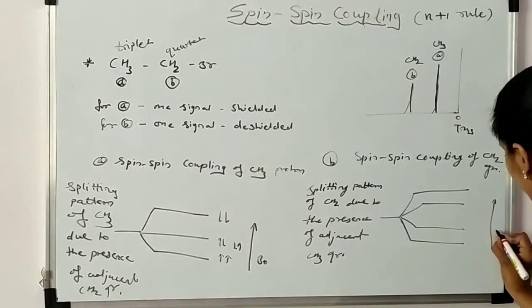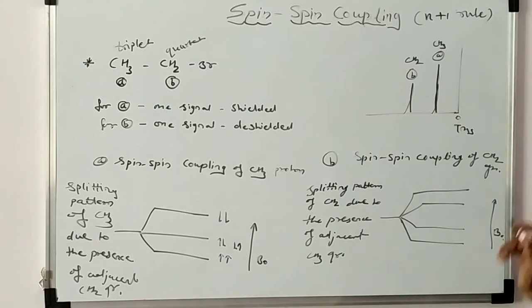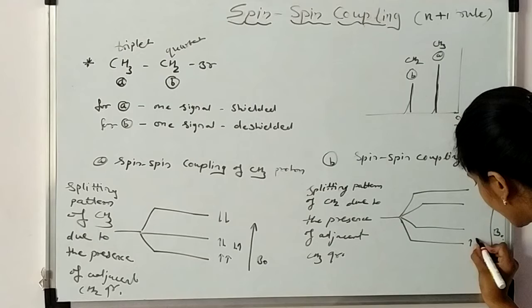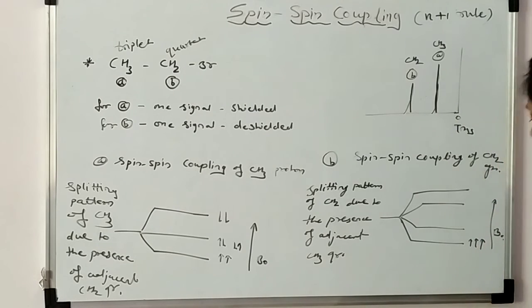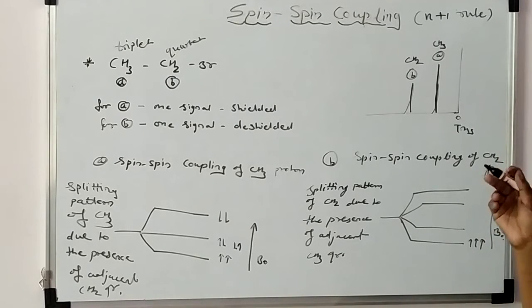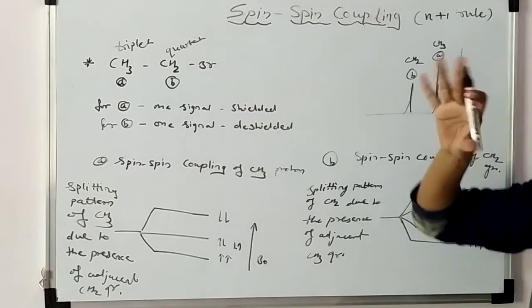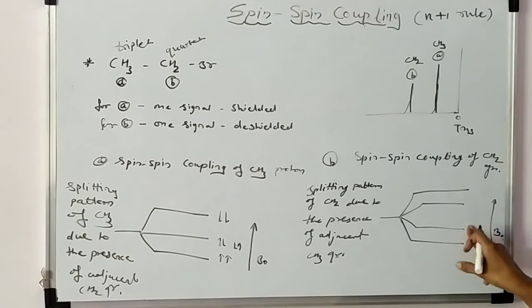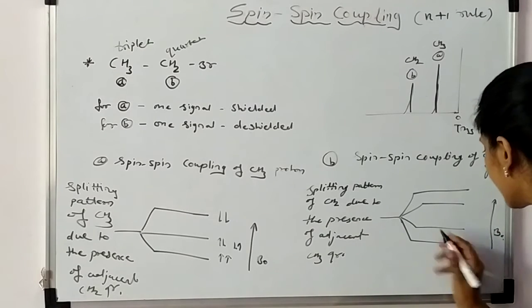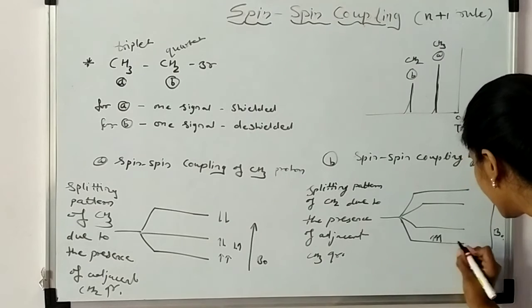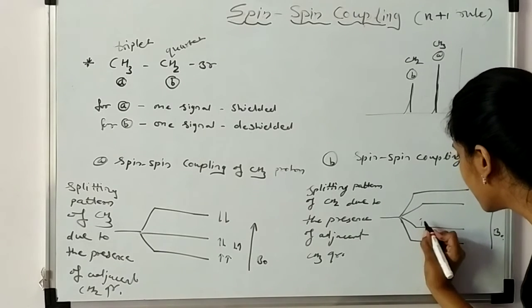Before that, we draw here a magnetic field. The magnetic field is in the upward direction, so my nuclei are again in the upward direction. I have drawn them here in the upward direction. Since it is the low energy level, it is parallel to the magnetic field. Okay, now we already studied the Pascal triangle, so we know the quartet means 1:3:3:1. We know here there are 3 possibilities. How are there these 3 possibilities?